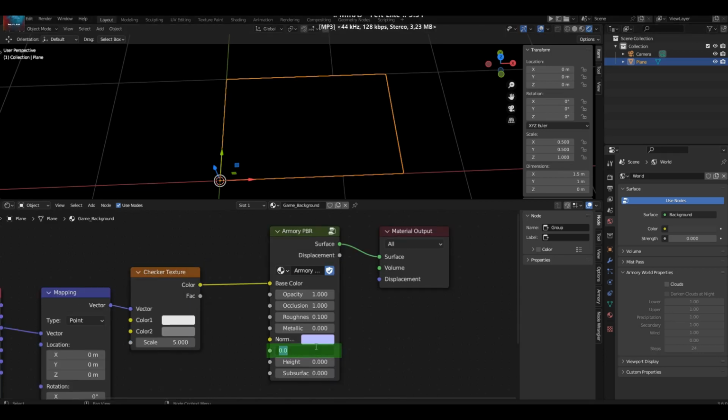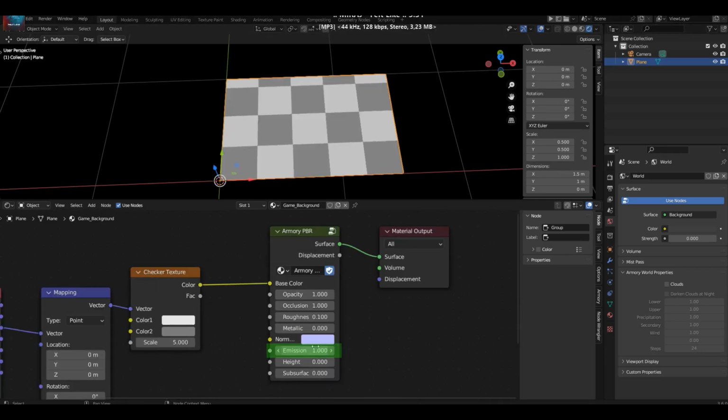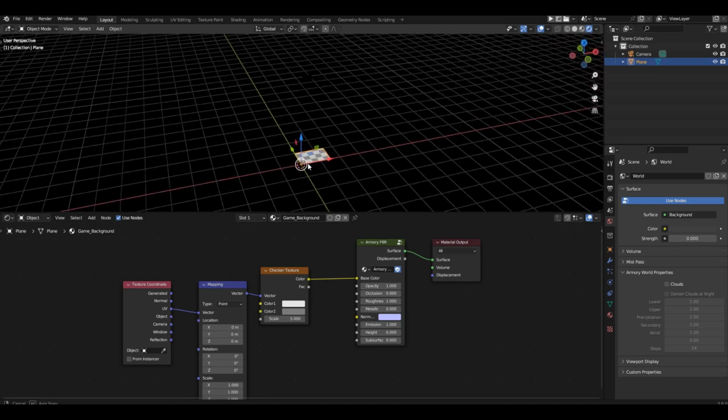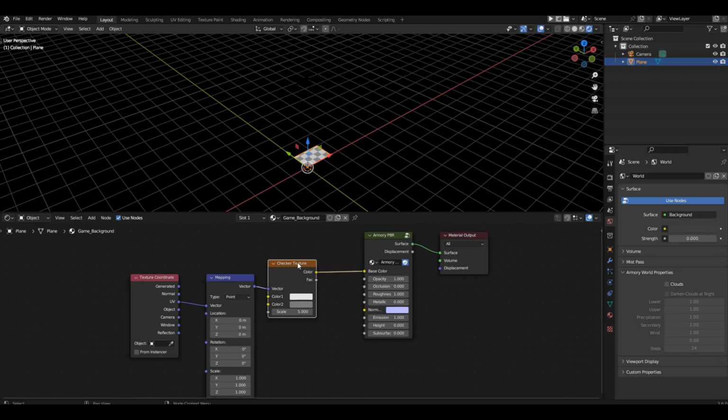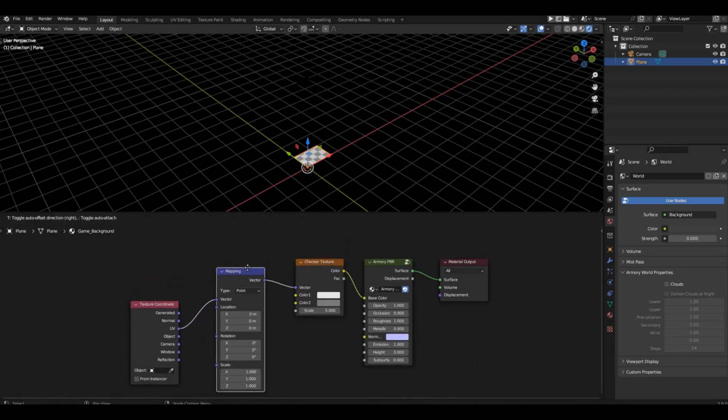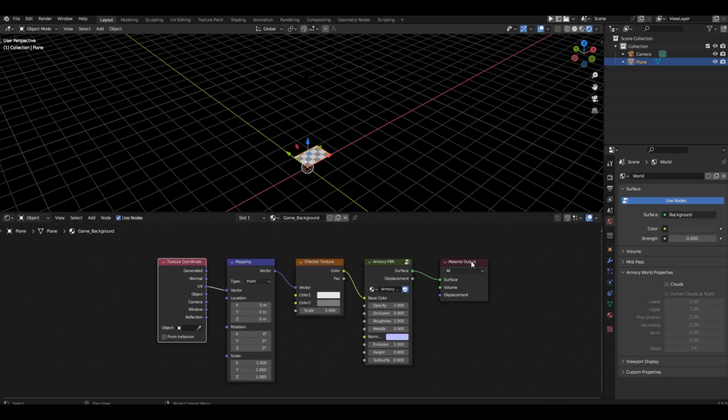Find the emission channel and set it to 1. This channel controls the emission of light by the object. And now our object, like a chandelier, shines in the darkness, so we can see it. To wrap it up, set roughness to 1 and occlusion to 0. Don't try to see the result of these two changes. You can't see it. Congratulations! We've created a simple material for our background. It's a temporary material. We'll replace it with a nicer one later, but for now, it'll do.